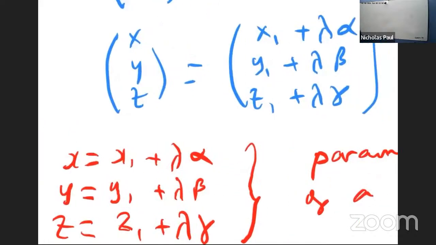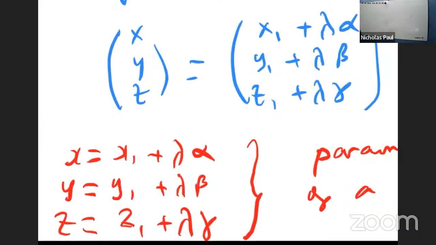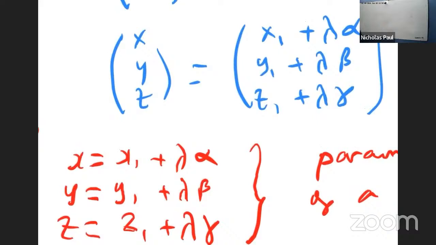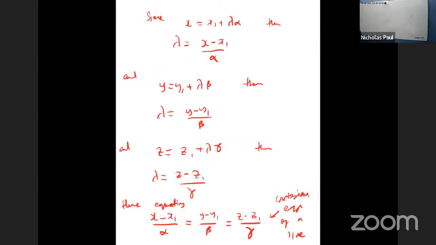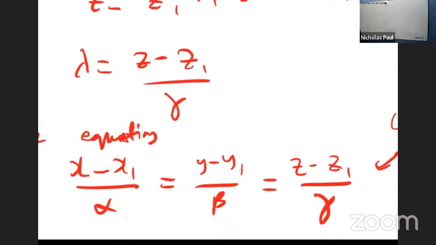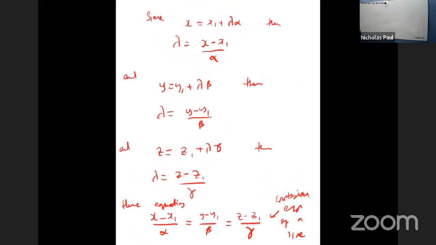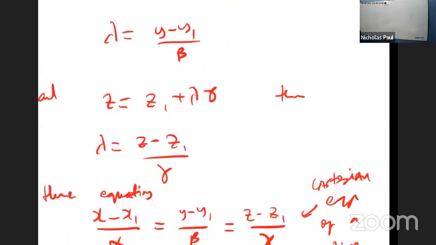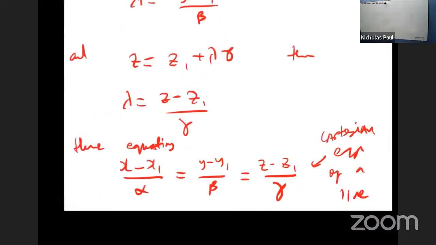After the parametric, what was the next version? The Cartesian. And to get the Cartesian form, what we did was make lambda the subject in each one, and equate them. So you make lambda the subject in each one, and then equate it. So those are the three forms: Cartesian here with no lambda,